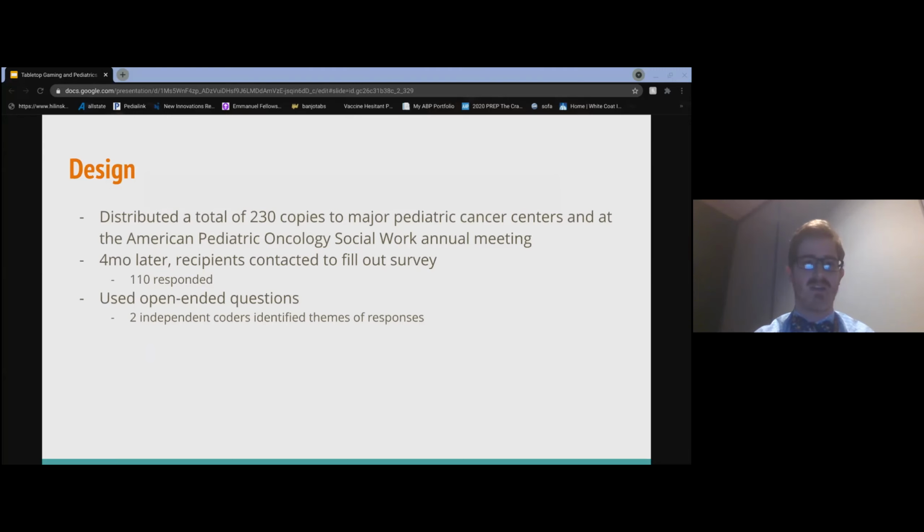They tried to use open-ended questions. They asked things like, what did you find the most helpful? What did you find the least helpful? Were there any difficulties? Things like that. And then they took 2 independent coders who looked at all the responses and kind of grouped them into themes